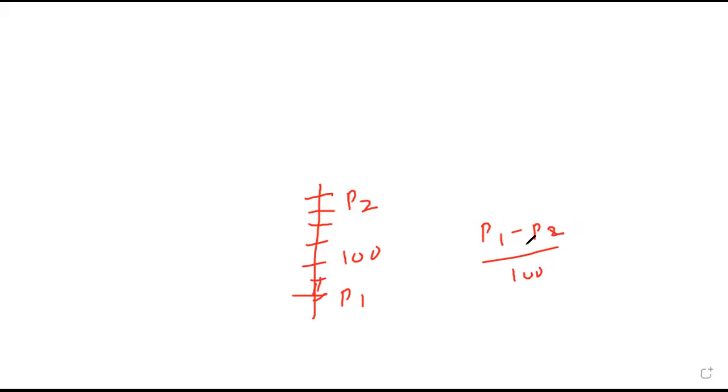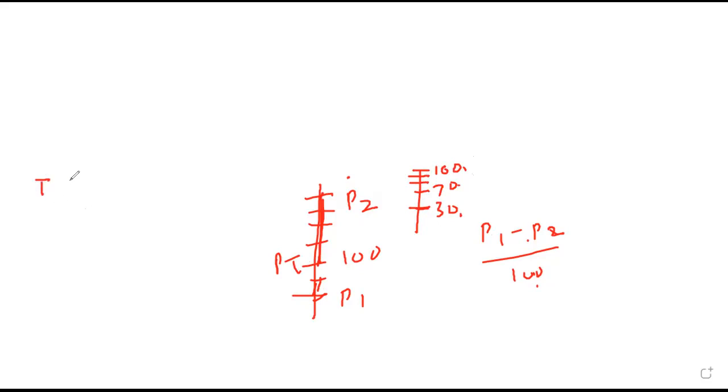So this P1 minus P2 upon 100 will be the same for any temperature you take. Suppose somebody takes PT minus P1 here. Whatever divisions are present here, divide by that, and it will give you the answer of 1 division. See, suppose this is 30 and this is 100. In between there are 70 divisions, so again 100 minus 30 upon 70 will be 1 only, no?